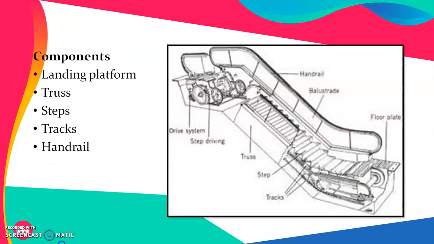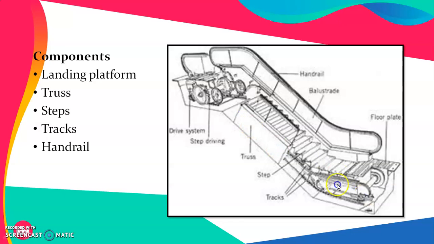centers. The different components of such an escalator include a landing platform, a truss for supporting it, steps, tracks and handrails. The figure adjoining shows all such parts. For example, here and above we generally have the landing platforms. This is a truss, which is used for supporting the whole escalator. These are the steps, which remain horizontal during operation, while moving either in the upward direction or a downward